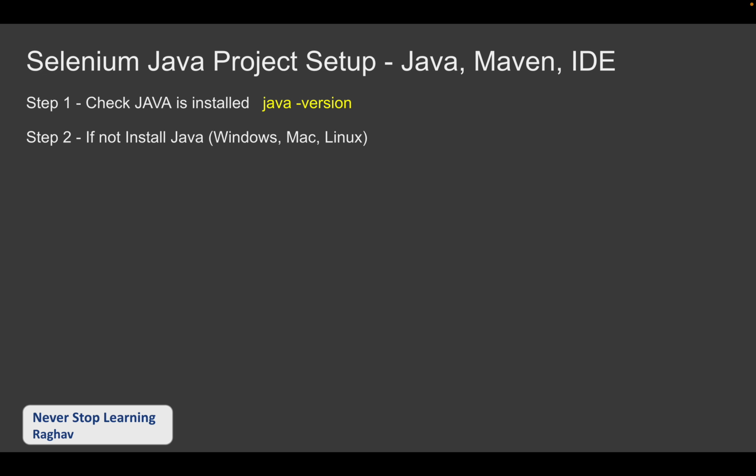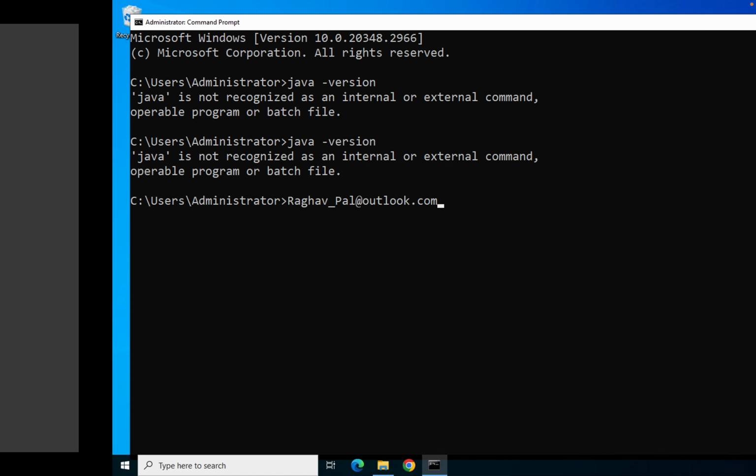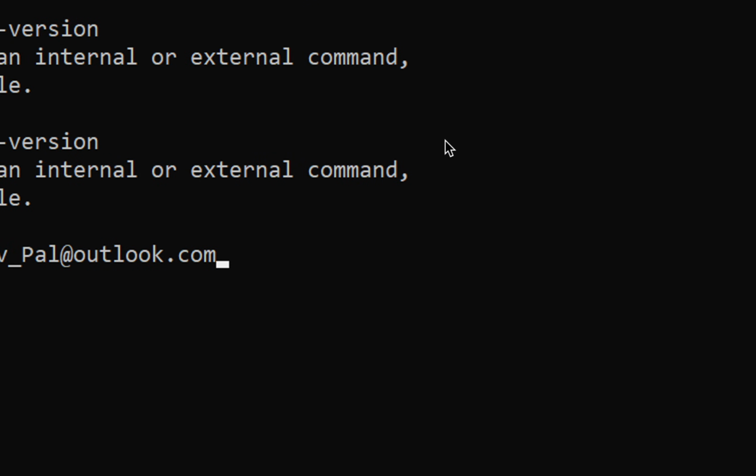Okay, and here I will show you how we set up Java on Windows, and then we will also see how we set up the environment variables, and then I will tell you how to do it if you are using Mac. So let us say I am here on my Windows system